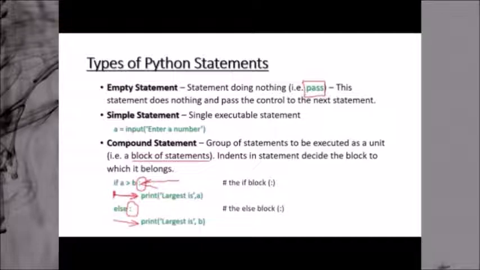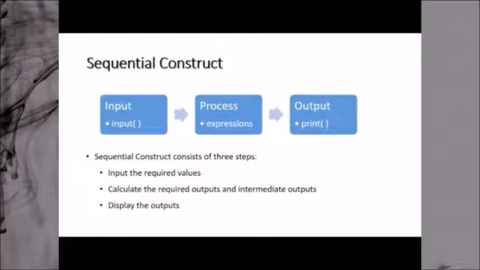When your indent comes back to the previous position on the margin, that is the end of the block. A block started from here and ended here because here your indent has terminated. Similarly, a block started from here and ended where? Wherever you end it. Right now you are not ending it, so this block continues. So these are the compound statements, and in compound statements, indents play a very important and vital role, which you must always remember.